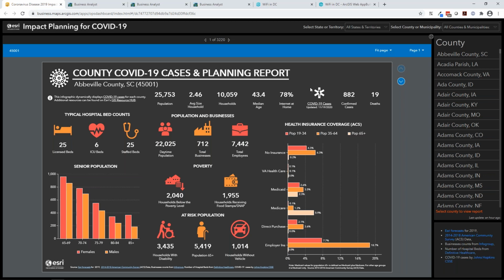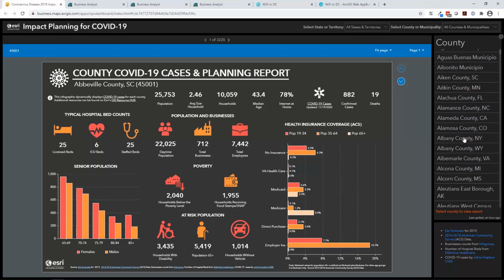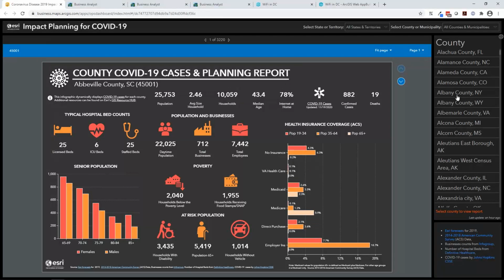And with this infographic, we get that at-a-glance view. We can see that we have a very low number of hospital beds and ICU beds available, but we also have a fairly low population. So it kind of matches that supply and demand. But if I choose a different county here and I go to Albany County in New York, which has been in the news quite a lot,